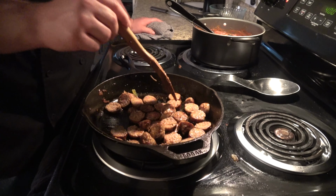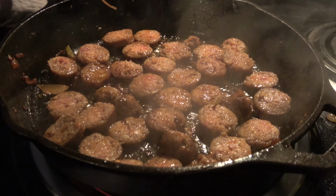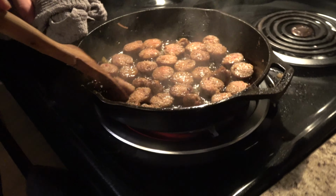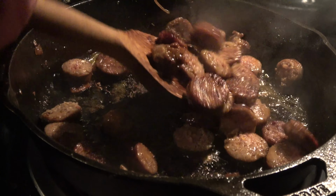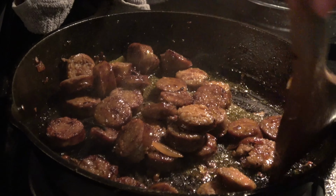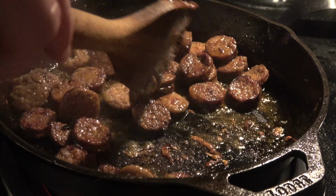I want the good crispiness in the sausage. I want it to brown up real nice, and then I'm going to add in the capers and then the sun-dried tomatoes into it. You can see it's really crisping up now. If you would have cooked it all the way through, the more I'm making this, it would have been super dried out. So as this is crisping up, I'm going to go ahead and drain off